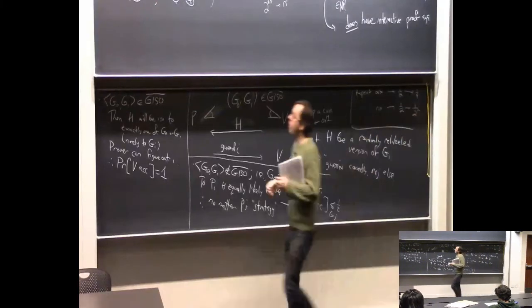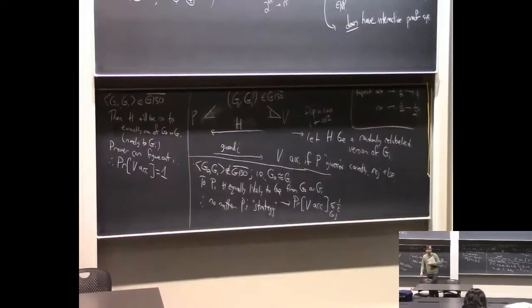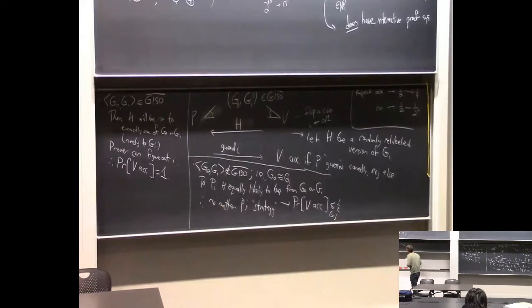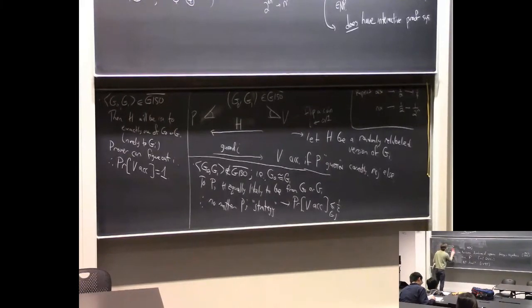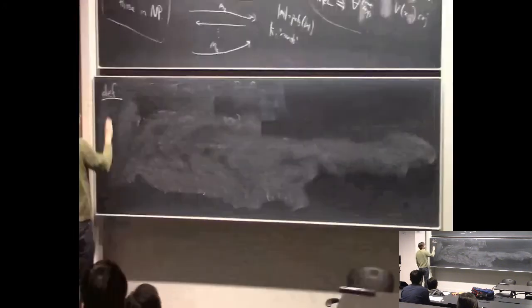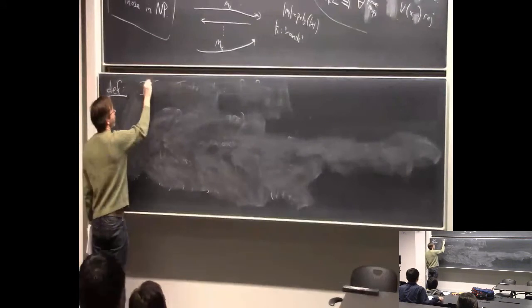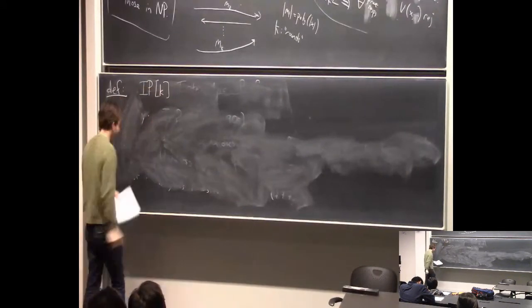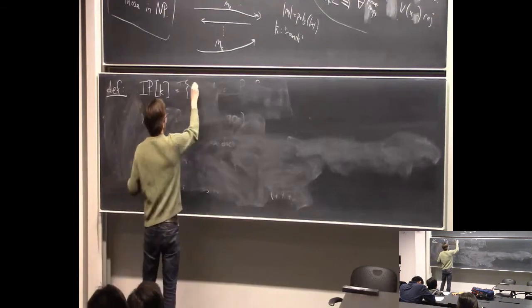OK, so let me give a definition that formalizes this kind of proof system. OK, so this is yet another complexity class. IP stands for interactive proofs, brackets K, is all the, I'm just going to write it in words, languages